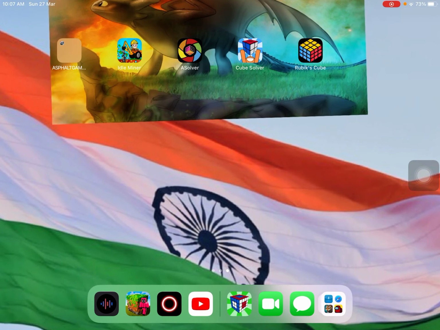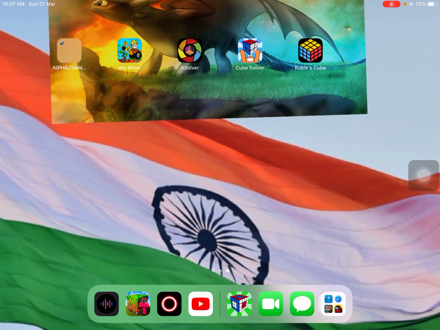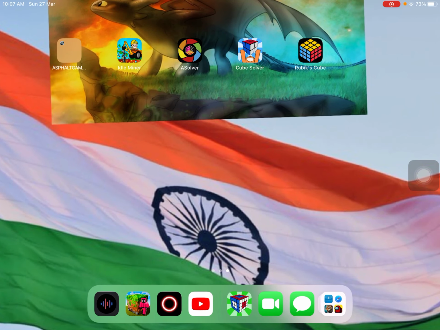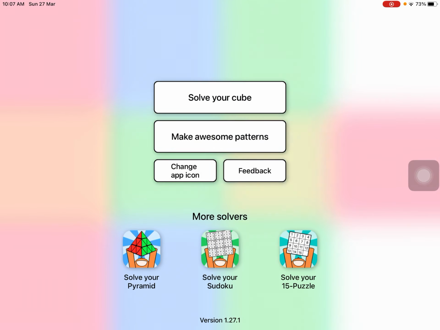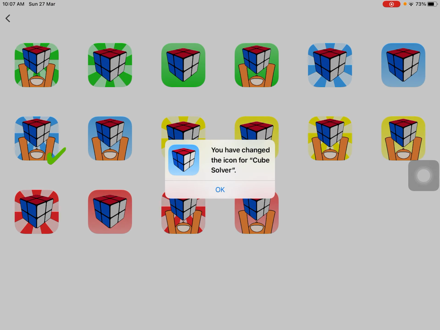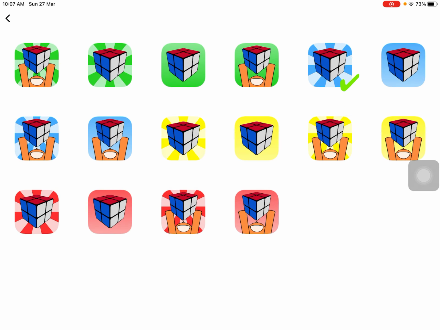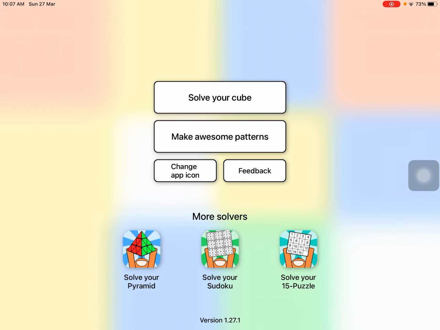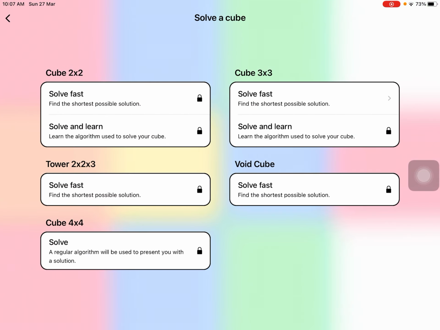So I have already solved it by this app. This app is called the Cube Solver. So you open it. Actually, I've changed the logo. See, the first logo was this one, but I have done this one. So you can also change the logo, and now you go to solve the cube, and you can actually solve